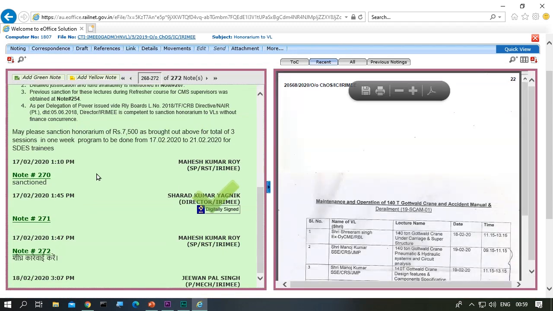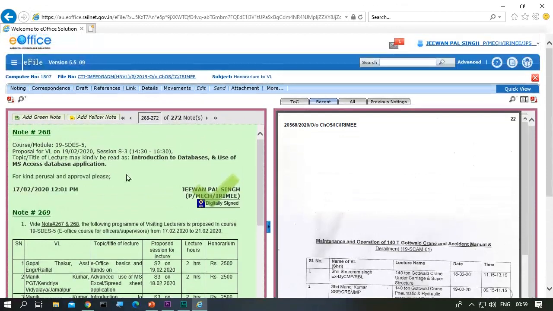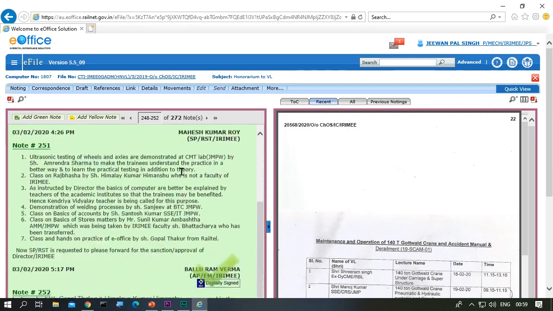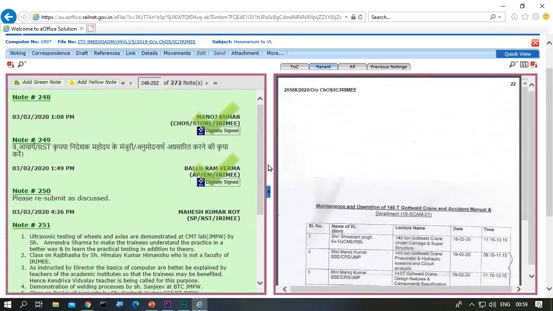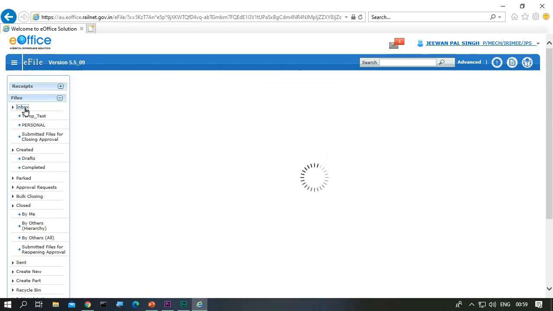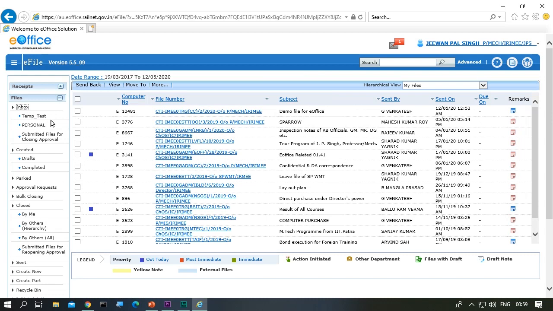As you can see, in that 272 notes are there. There could be files with thousands of notes. Again, through the navigation window, these notes can be traversed. Let us close that file. Close it on screen, not closure of file.